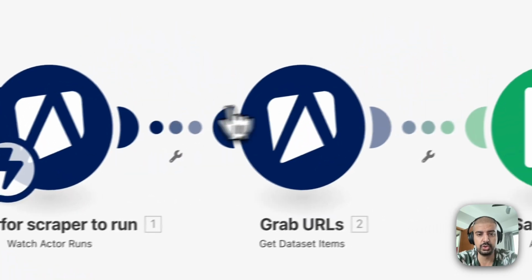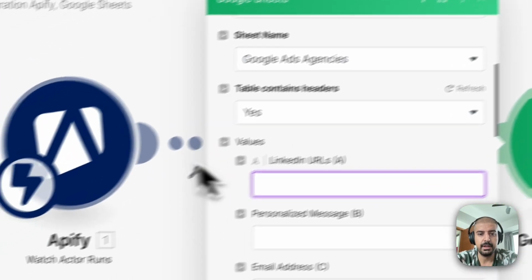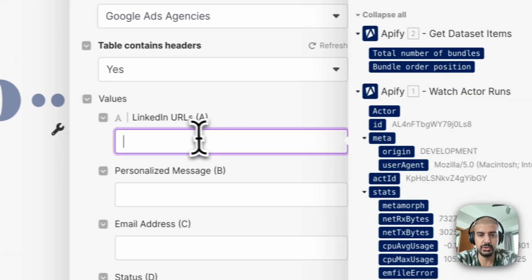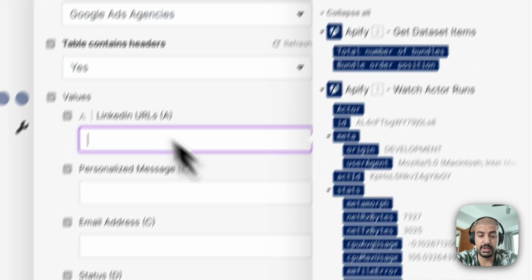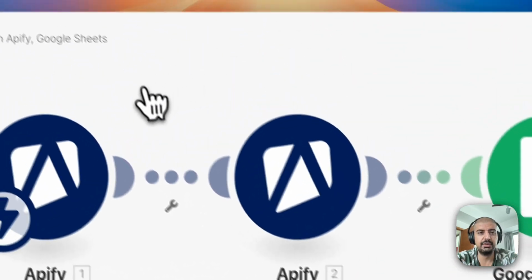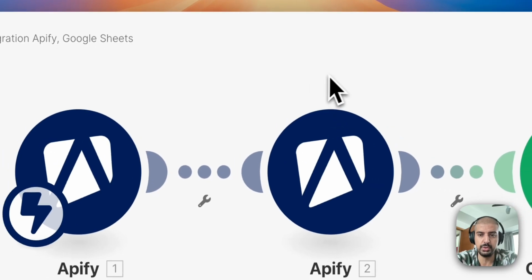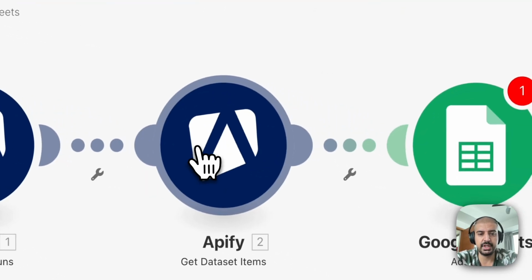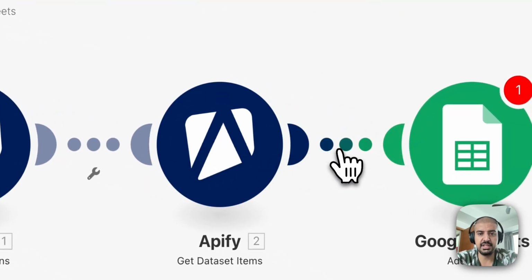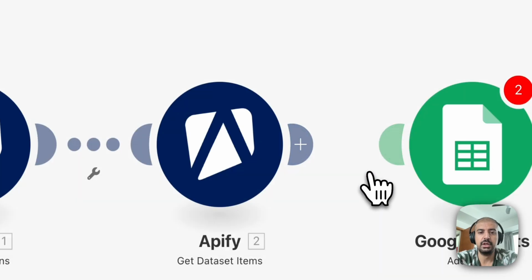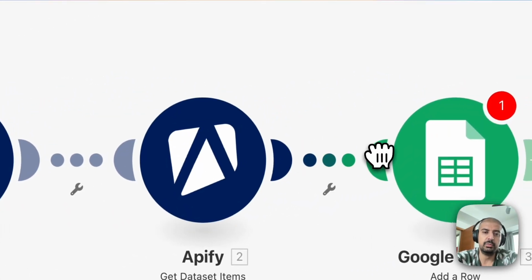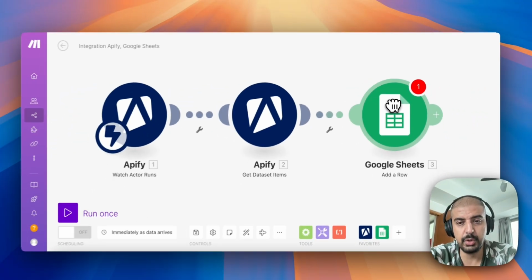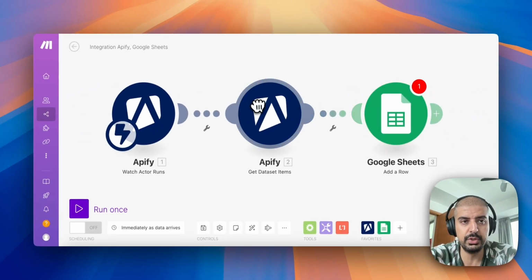So when you run this automation the first time, it will pull over the fields, and then you just want to grab the LinkedIn URL, all right? Because I haven't run this, so you want to see that, but I've only got a few credits on the free plan, so I don't want to use all this up. But just remember that the best way to test it is just unlink this, and then just run the automation. And then once you're happy with it, connect the last module, which is the Google Sheet, at which point you will have